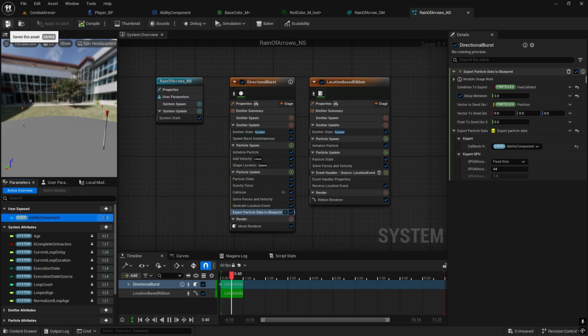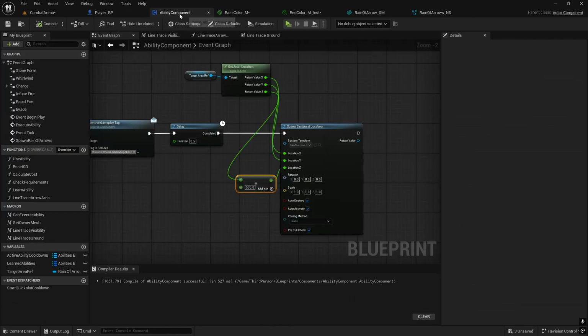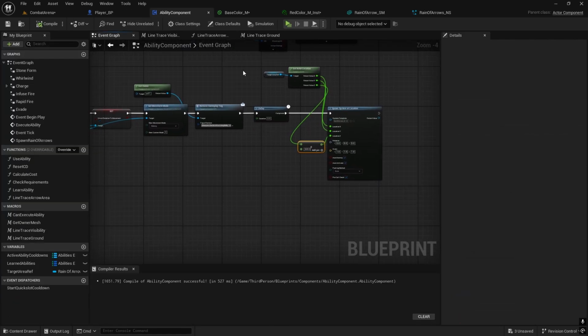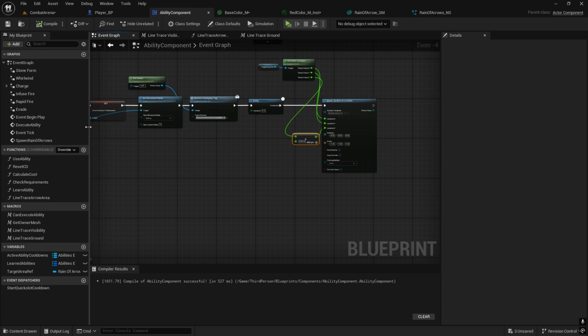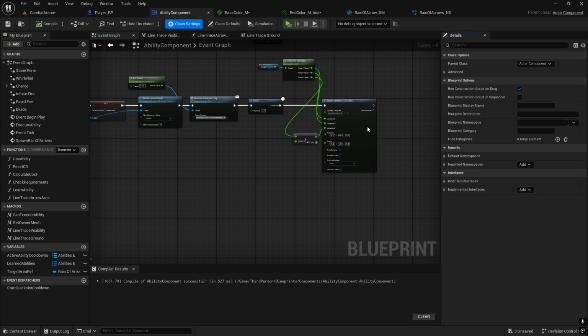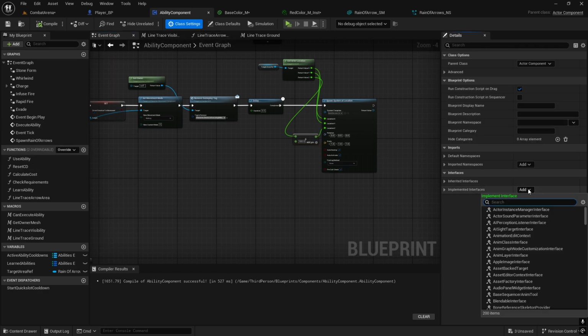Save it, and now we will set this ability component manually from outside, from where we're actually spawning this. But the ability component needs to have an interface to actually receive that data. If you set it just as a variable, it doesn't work. So we need to go to class settings, and in implemented interfaces, we will do